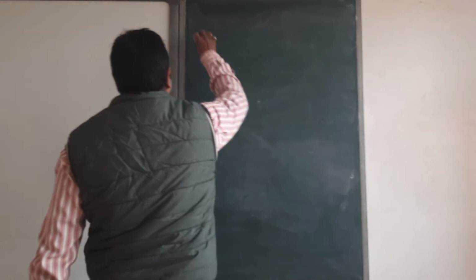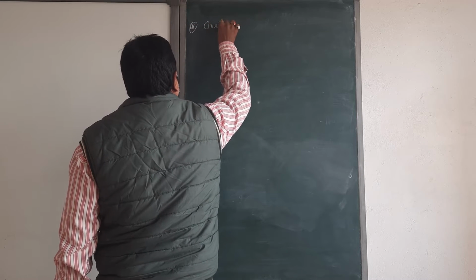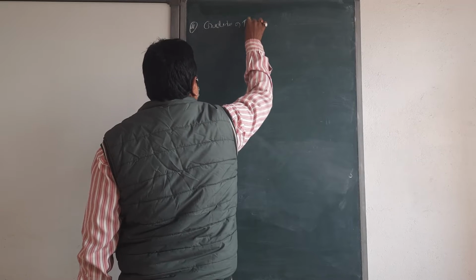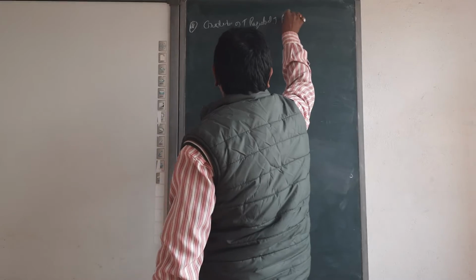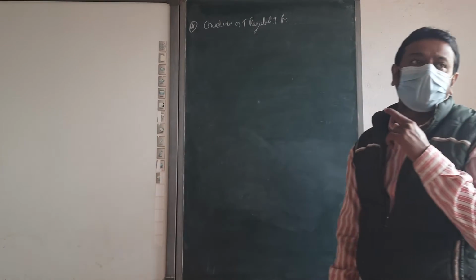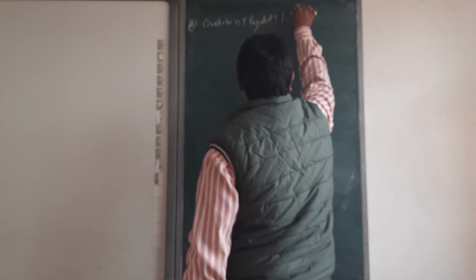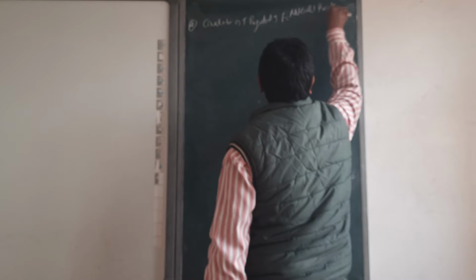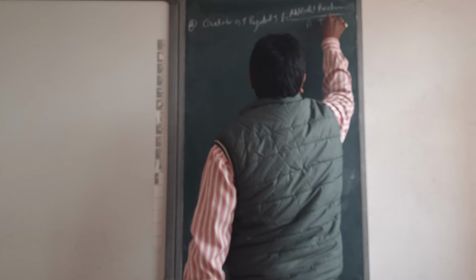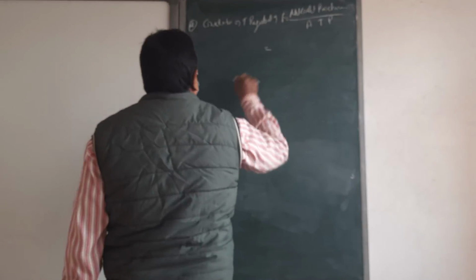Okay, next beta. Trade payable turnover ratio. Creditor or trade payable turnover ratio is equal to net credit purchase upon average trade payable. Okay, no need to explain this, na? Average trade payable. Okay, then going to take the question.